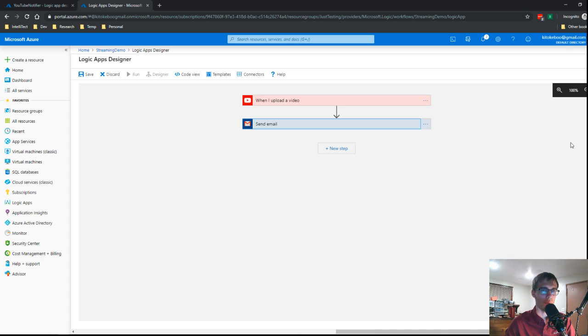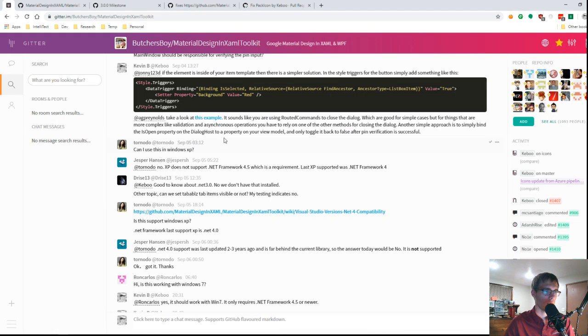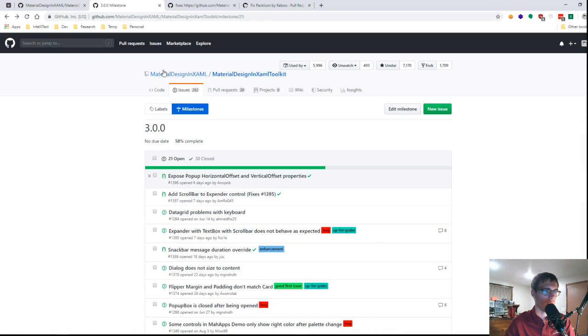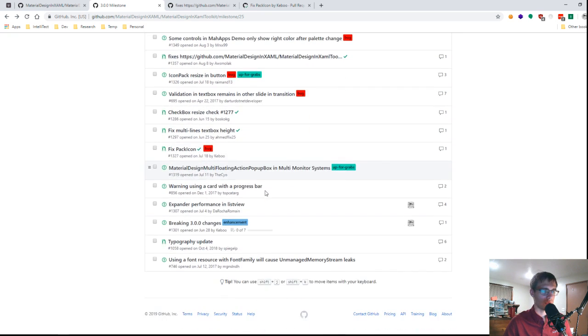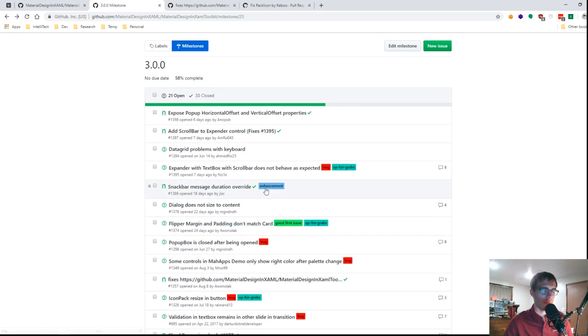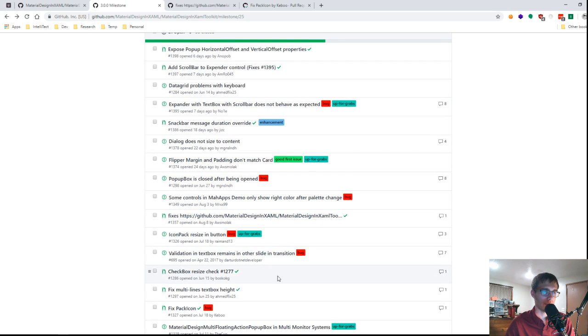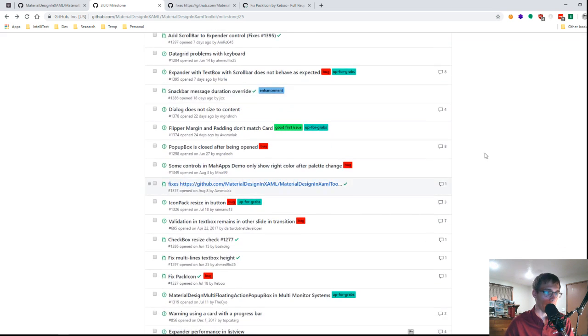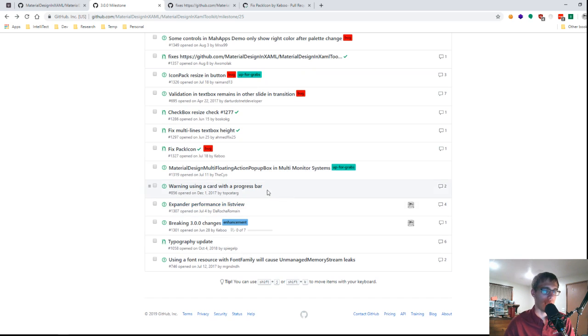Cool. So with that said, let's head back to material design. We are going to get going. So the 3.0 milestone is still sort of chugging along. Again, my hope and plan is to try and release this 3.0 release later this month, ideally right along the same time .NET Core 3 releases. So that is the game plan and the hope. So just be aware that that is